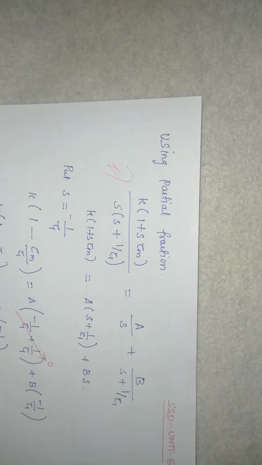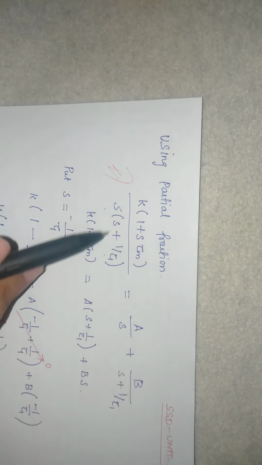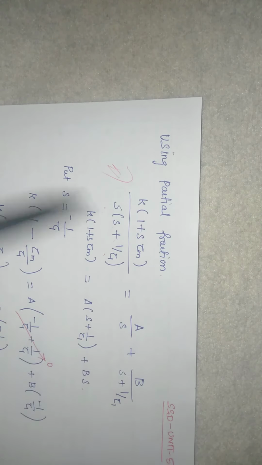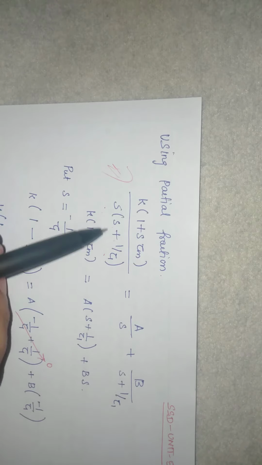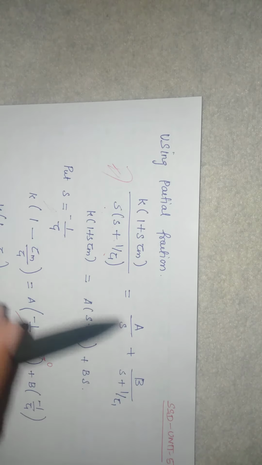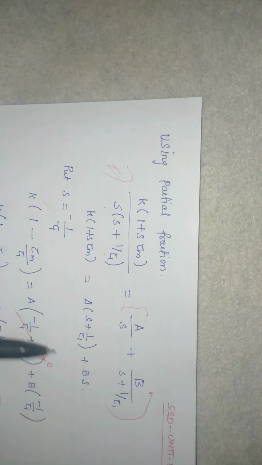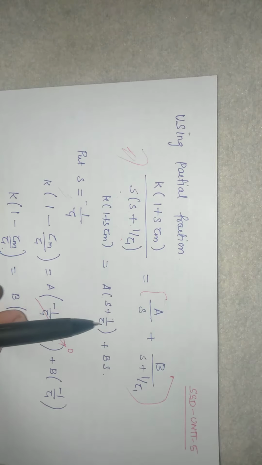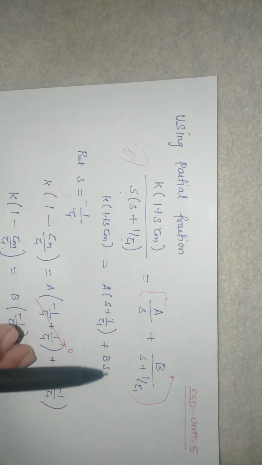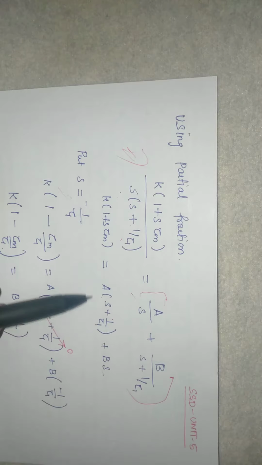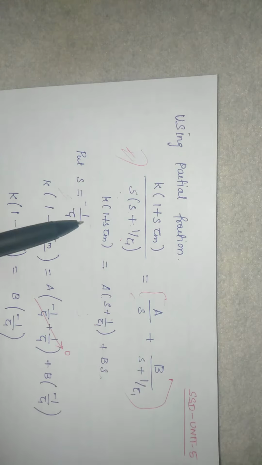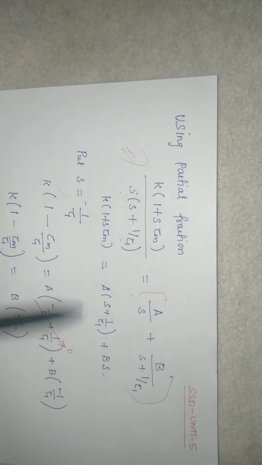Now we are going to find the partial fraction for that given equation. So we are taking the denominator, we are having two sections. So first, by partial fraction we can have A divided by s plus B divided by (s plus 1 by tau 1). So for the above equation, if you are taking the LCM, the cross multiplication, so A into (s plus 1 by tau 1) plus B into s. The denominator we are having s into (s plus 1 by tau 1), and again here also we are having s into (s plus 1 by tau 1), so both getting cancelled, so the remaining terms are like this.